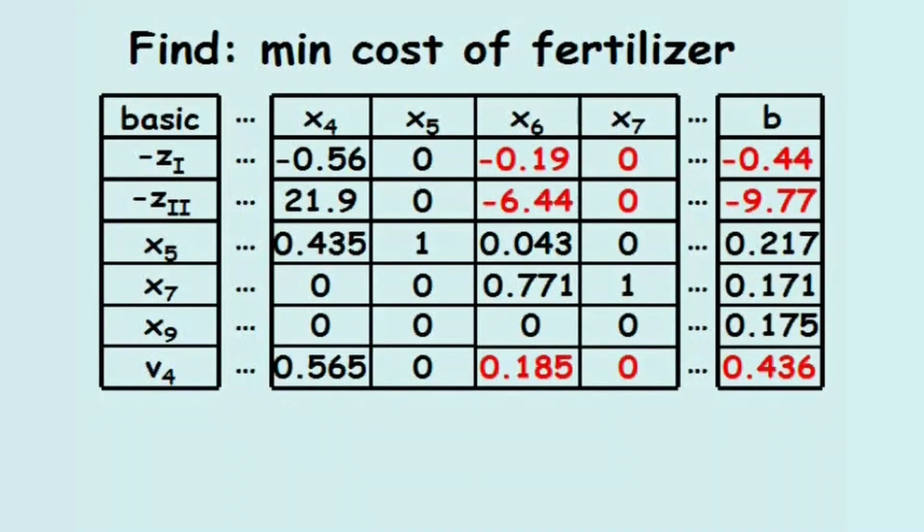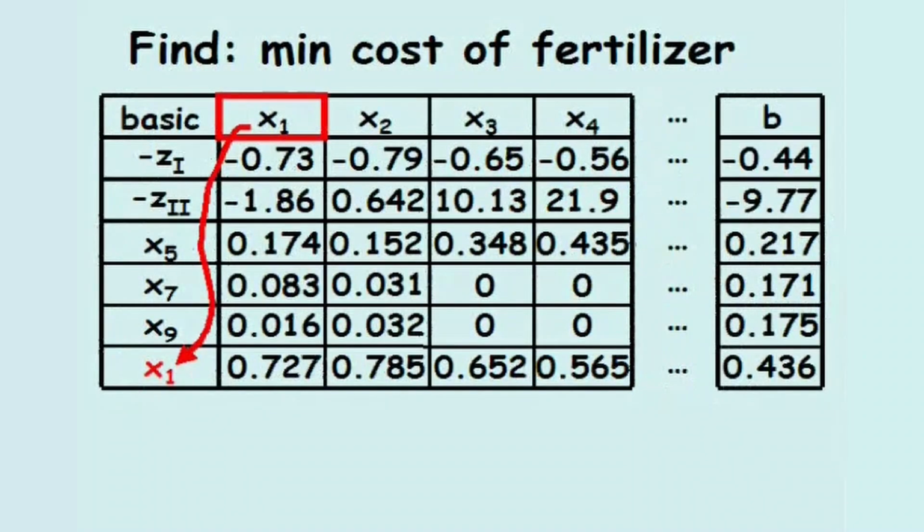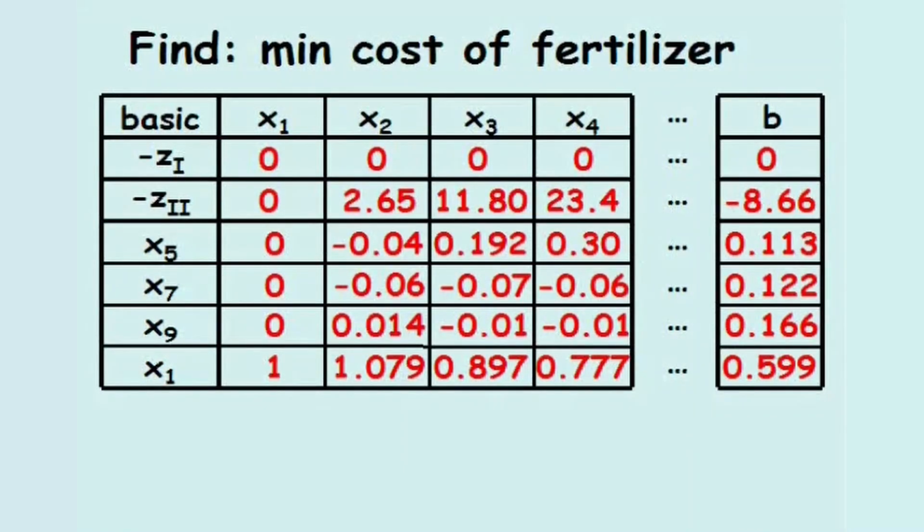Next, variable x1, which represents fish scrap, is chosen to enter the basis in place of artificial variable v4. After the pivot operation is complete, we have found a feasible solution of 4 ingredients for our fertilizer mix. The initial mix is composed of ingredients x5, x7, x9, and x1, which is